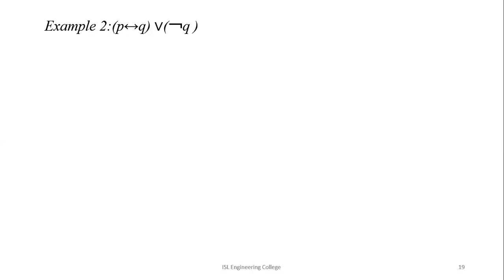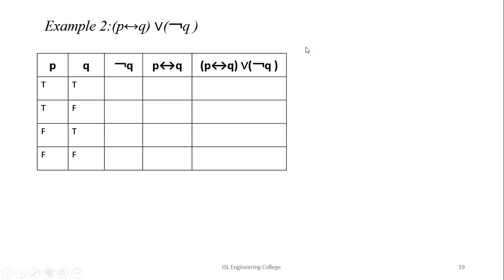Good morning. Today we will be continuing with the examples for compound propositions. So we have seen an example in the earlier class. Let's continue with another one. So this is the next example. I've already created the columns for the truth table and also filled the P and Q values which are common.